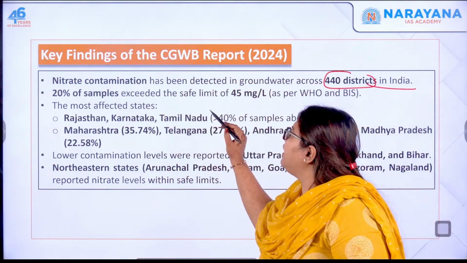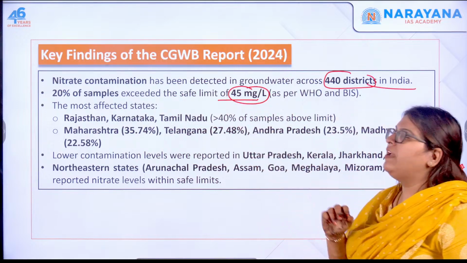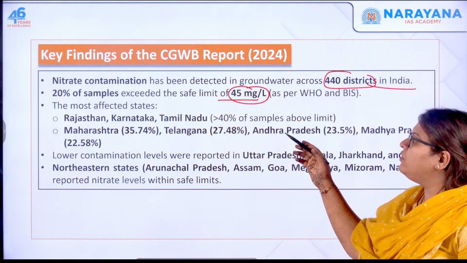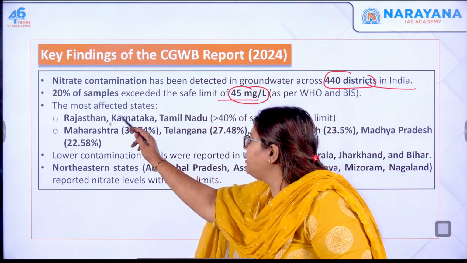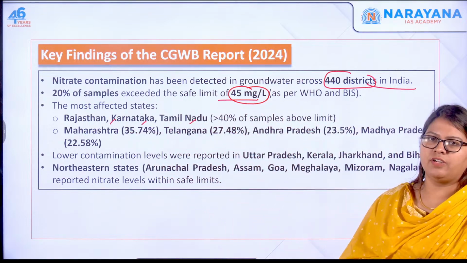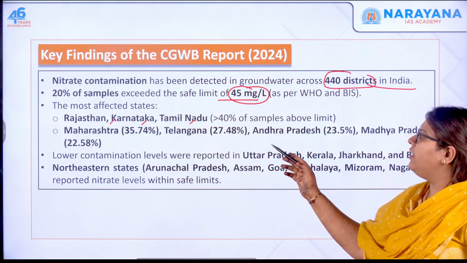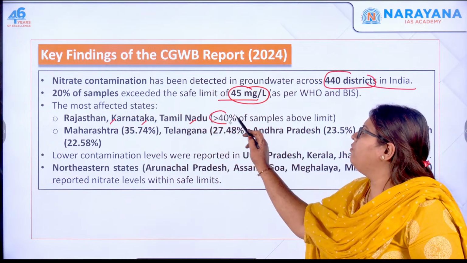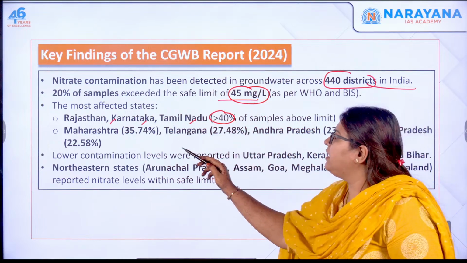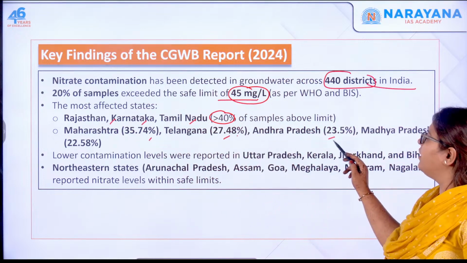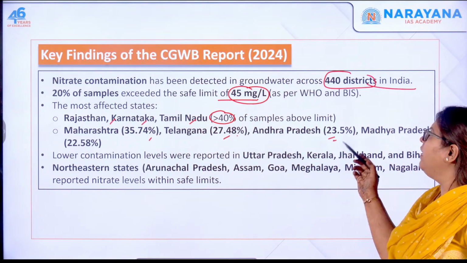So 20% exceeded the safe limit of 45 mg per liter. And the most affected areas are the states of Rajasthan, Karnataka, Tamil Nadu, etc. and also Maharashtra, Telangana and all. So these are the states which had more than 40%, and other states had around 35, 27 again, which were on the higher side only, okay. That is more than